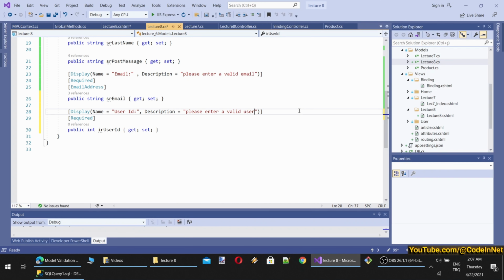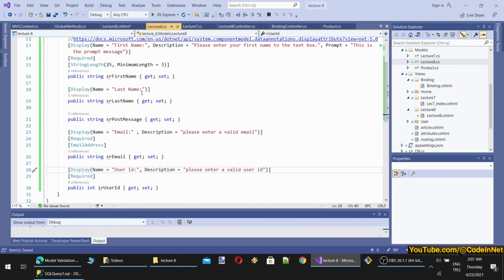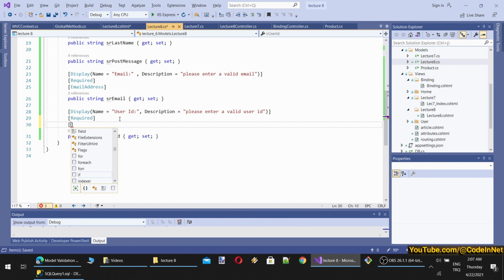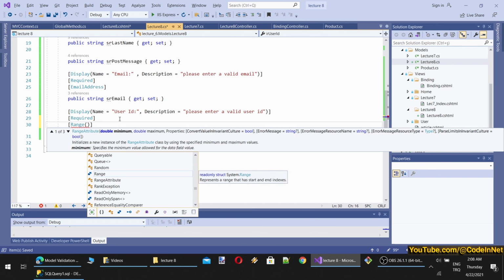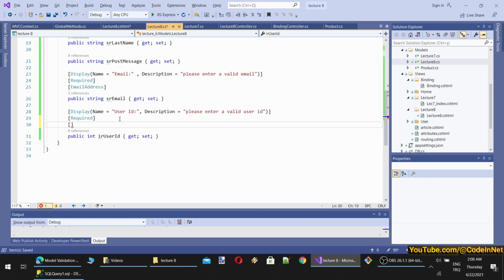And let's set it as user ID. Enter valid ID. Okay, we can also set a requirement as integer perhaps. Let's see if there is something like that. No. Min length, what other is there? And int, no. You see there is phone attribute, required, regular expression, range attribute. When set range, yes, it is double though. It is not integer, so range wouldn't work. What else is there? Validation, URL, type and string, required, range, phone. Option there can be min max, but I'm not sure.